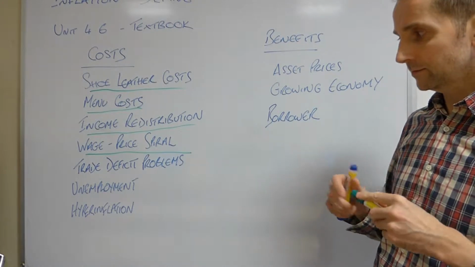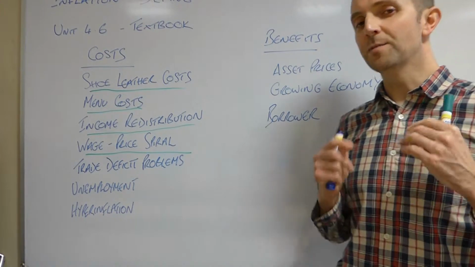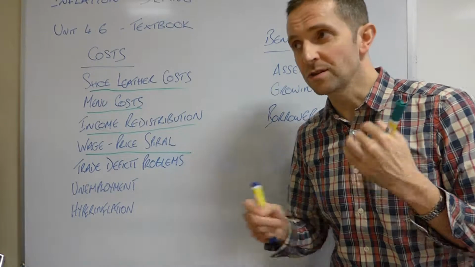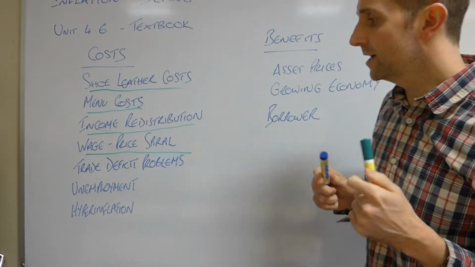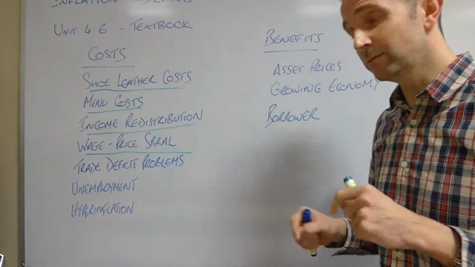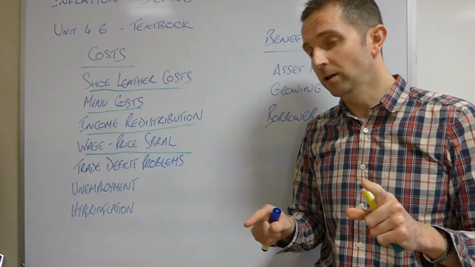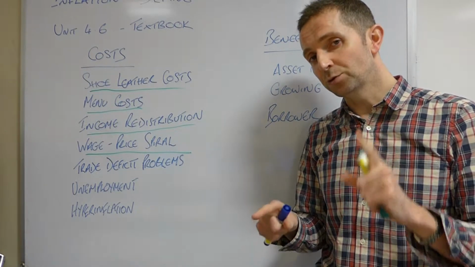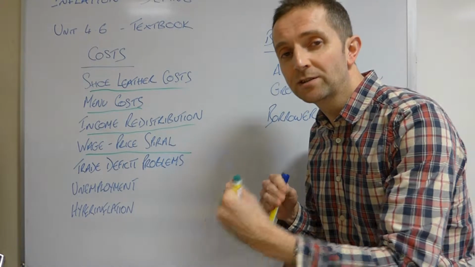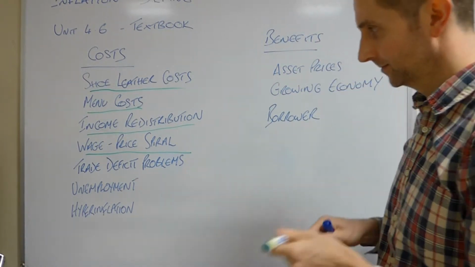Fifthly, there's a competitiveness issue here. If domestic prices are rising faster than our competitors' prices in the European Union, for example, then of course we become less competitive, and the demand for our goods, if it was all solely dependent on price, would fall. That would obviously lead us into trade deficit problems where the value of imports starts to become greater than the value of exports, or certainly starts to move in that direction.